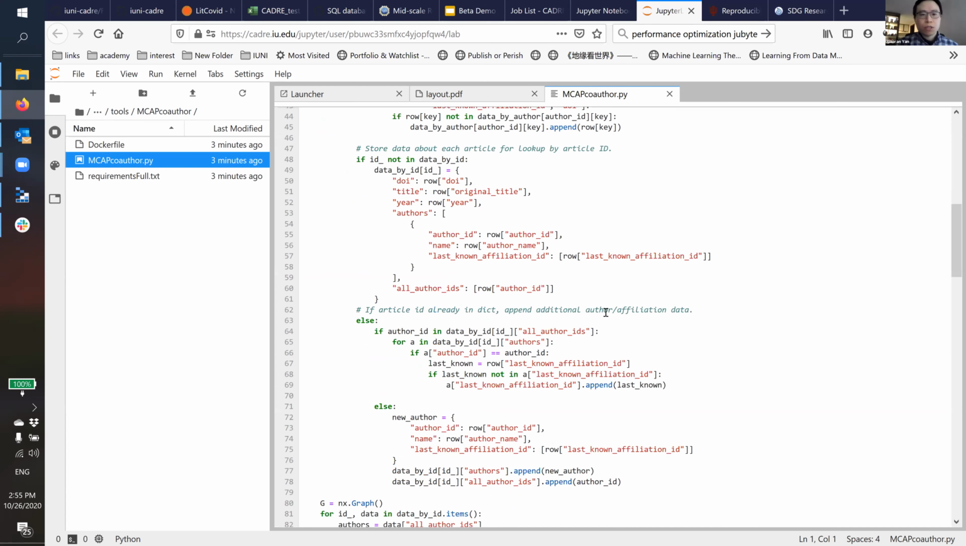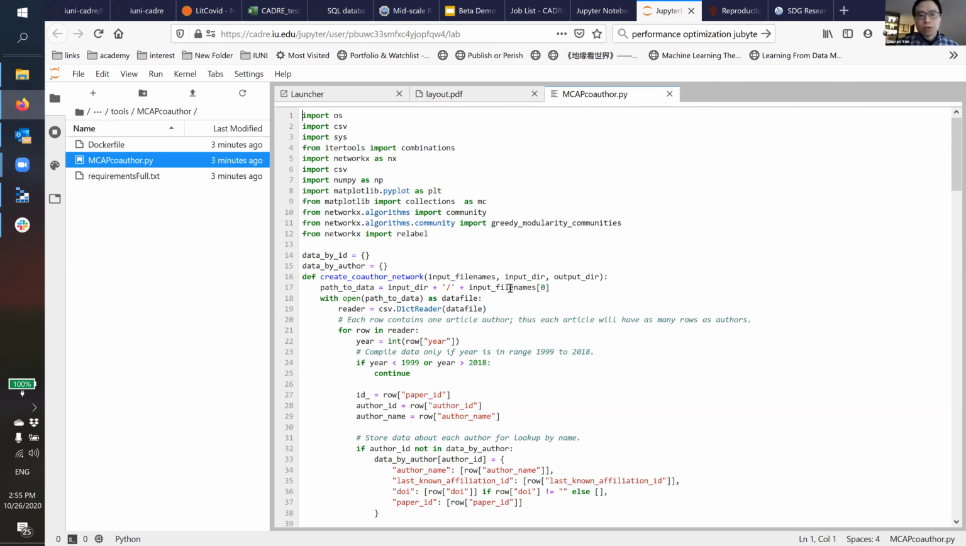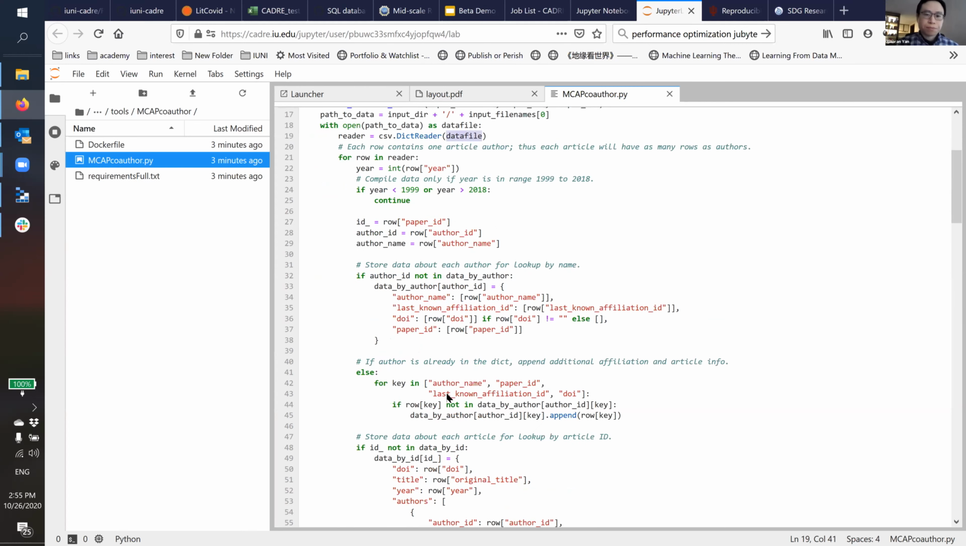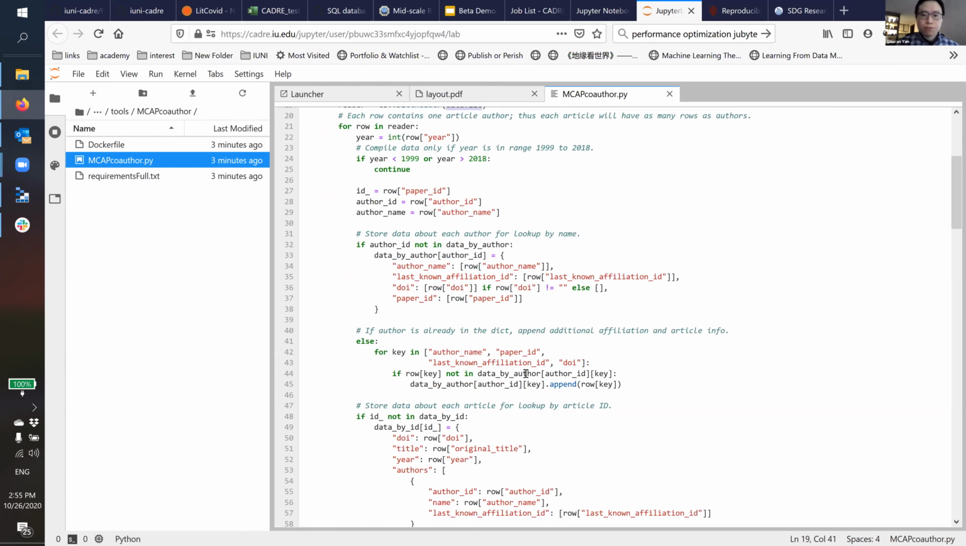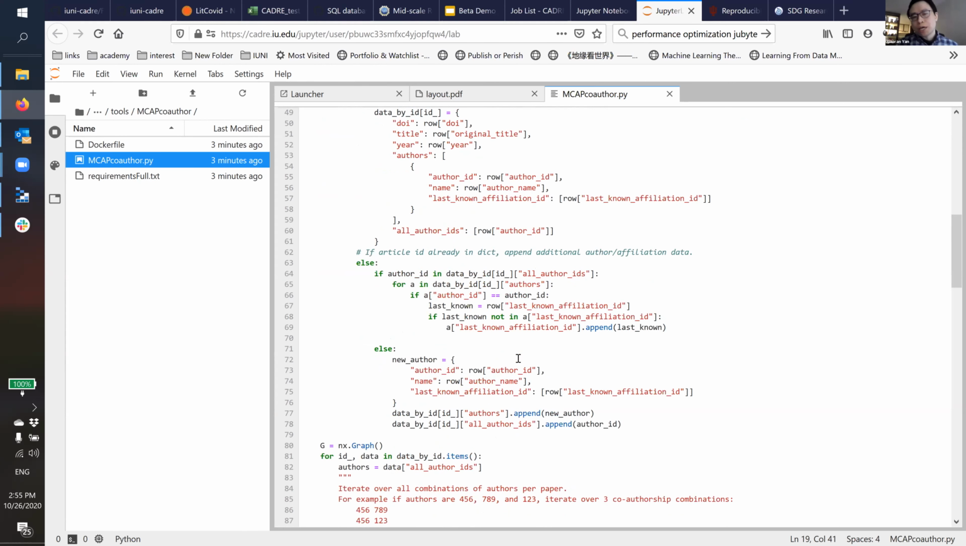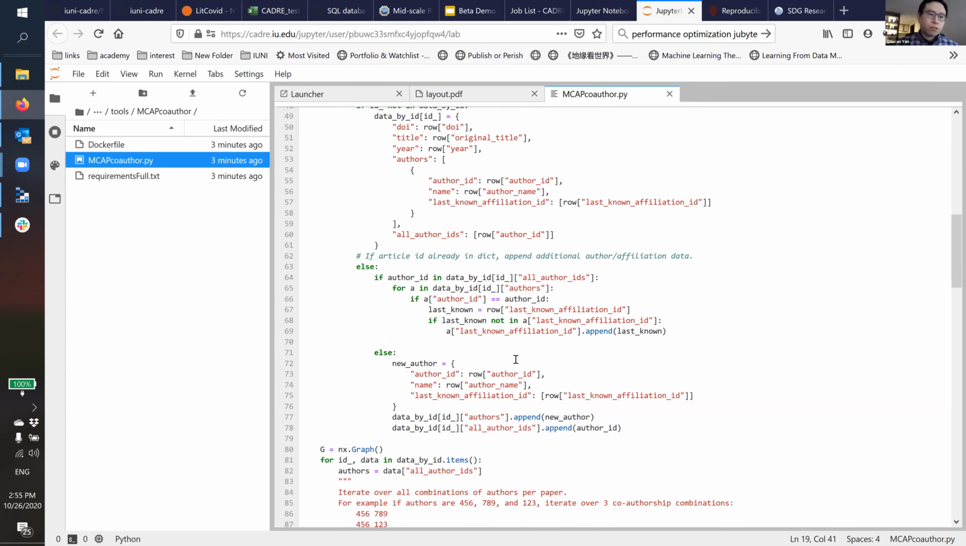And one thing you will notice is that the input file is very different from your query results, because to build a co-author network, you need to break up each authoring in the paper into individual nodes. So each row now represents an author. That requires data transformation. So to do that,